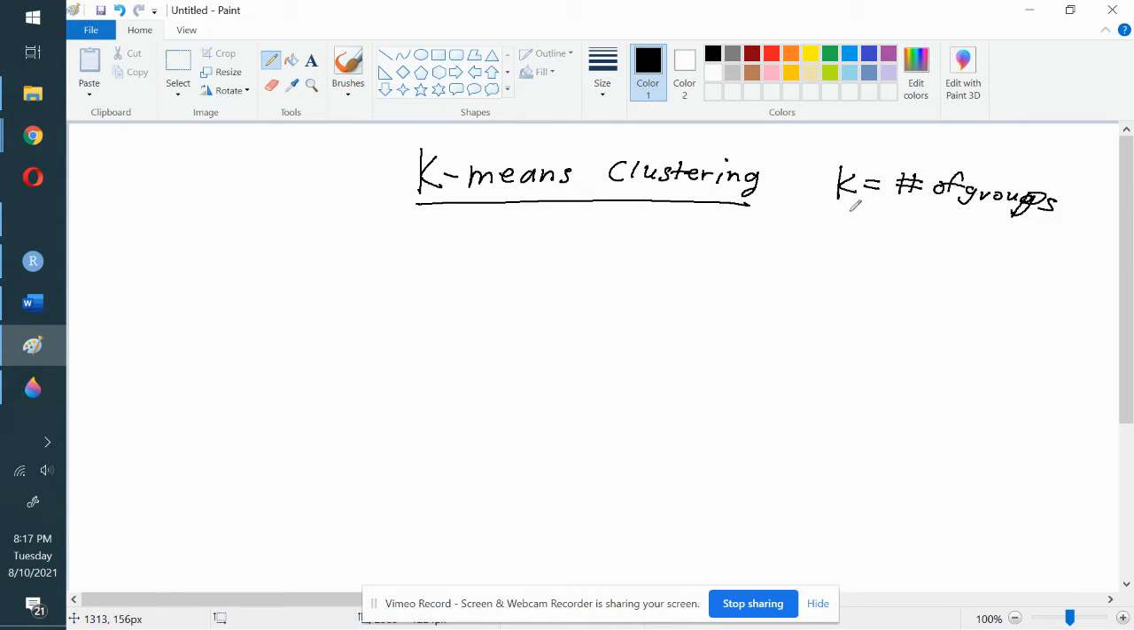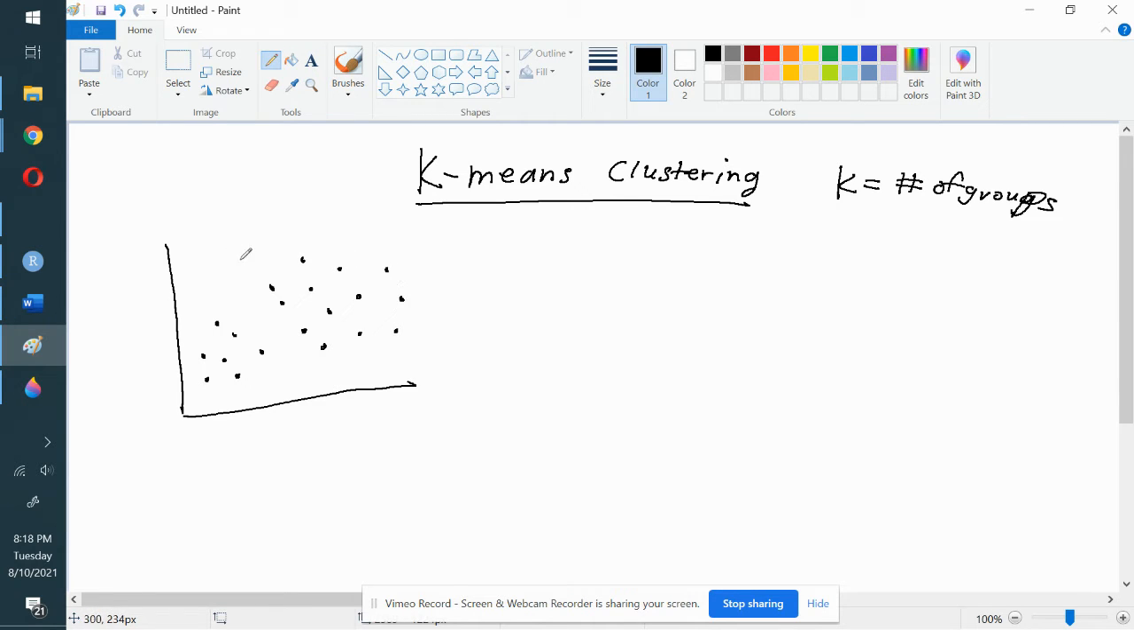So that's the number of groups, and then means is in the name because you use the mean to determine the clusters. And I'll show you a little bit more what I mean by that as I walk through this example. So this is a very simple example, but I think it will get the point across of what is happening in the background when we are performing a k-means clustering analysis. So I just have some random data points on this two-dimensional chart,